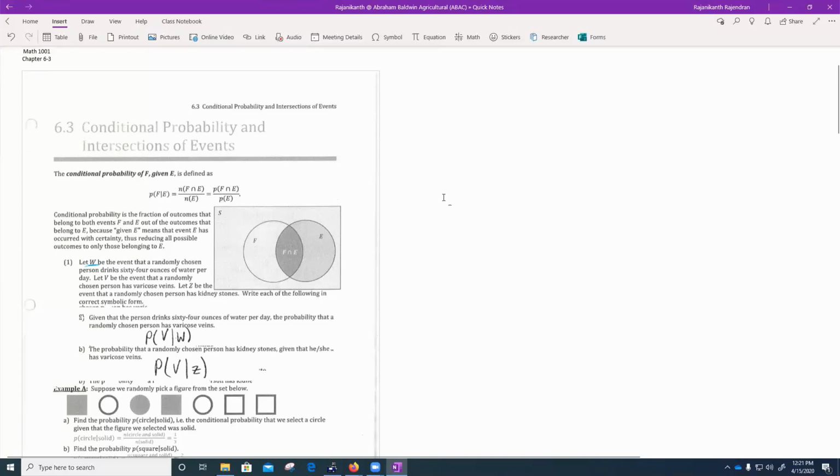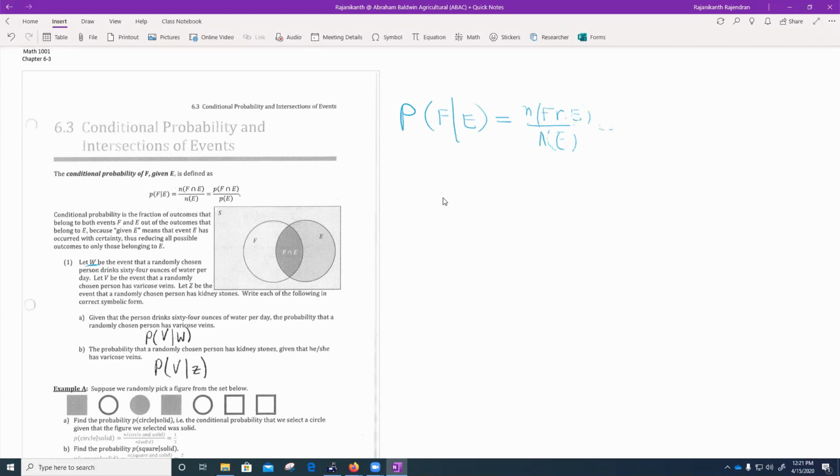Let's get started. Today we are going to look at chapter 6, section 3. This is about conditional probability and the intersection of two events. The conditional probability of event F given an event E is written as the number of outcomes in the event F intersection E over